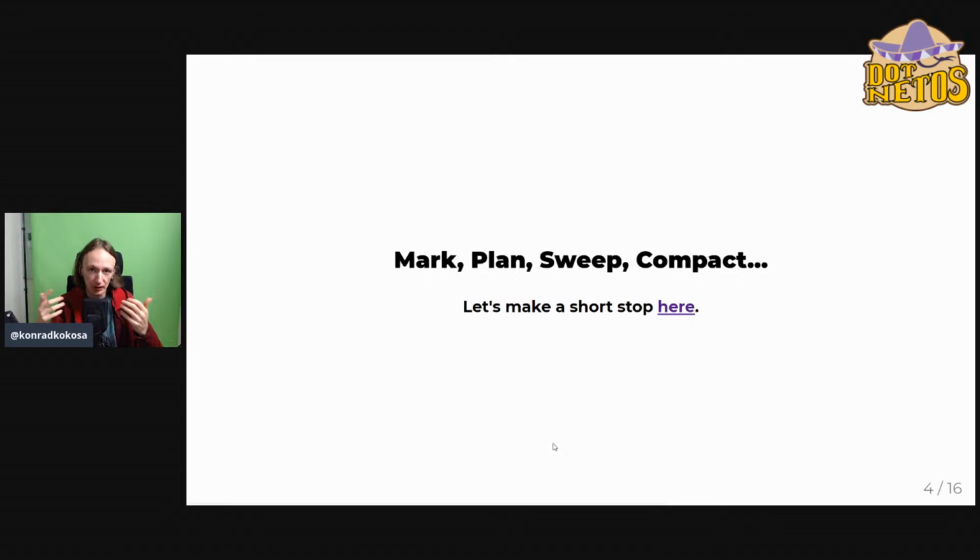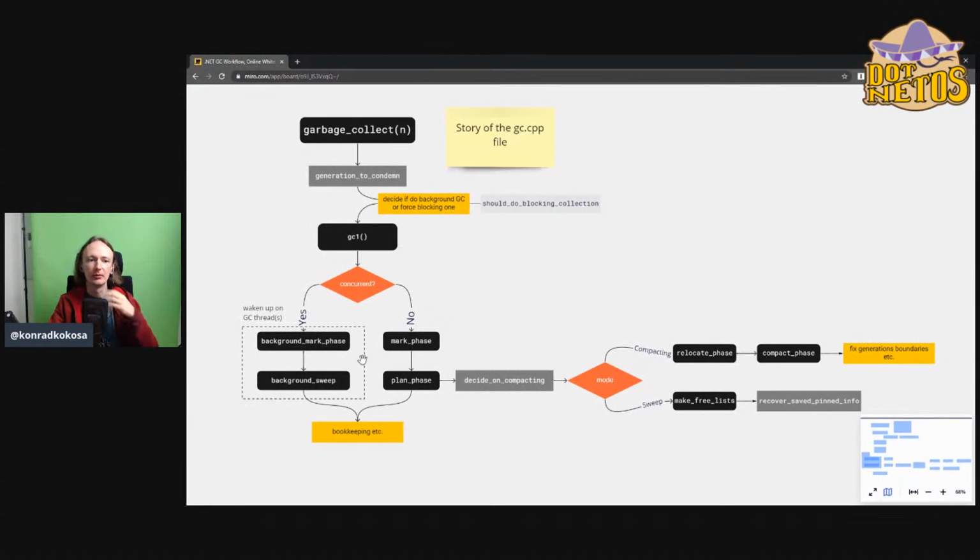We have this additional level of complexity, which is what is concurrent, what is not. So I thought it may be nice to give you a kind of reminder how it all works and how it is all connected with each other. So I prepared this graph